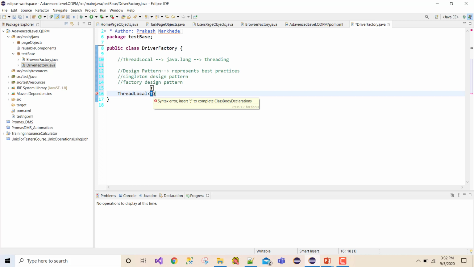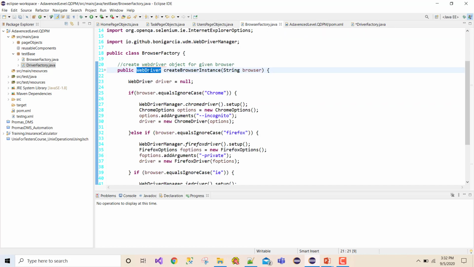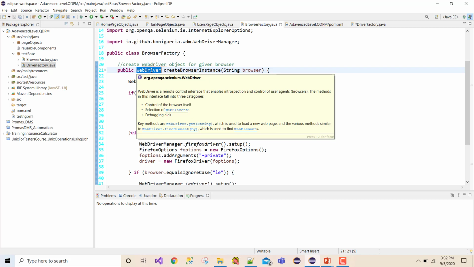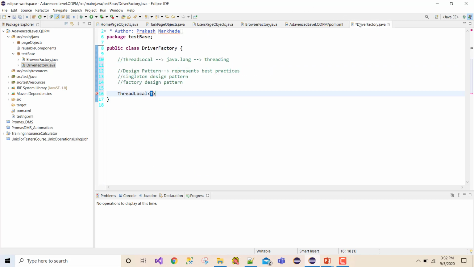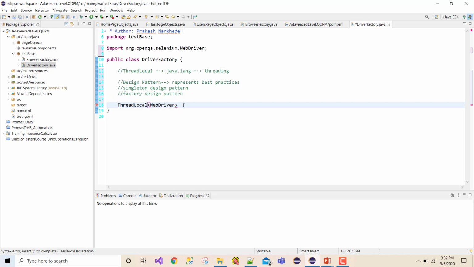In my case, we should be clear about what I'm going to store in my ThreadLocal. We created a browser factory which returns a WebDriver object, and that WebDriver object we are going to store under ThreadLocal, right? So here it should be ThreadLocal of type WebDriver. Let me give some name, let's say driver is equal to new ThreadLocal, just like creating an object of that particular class.